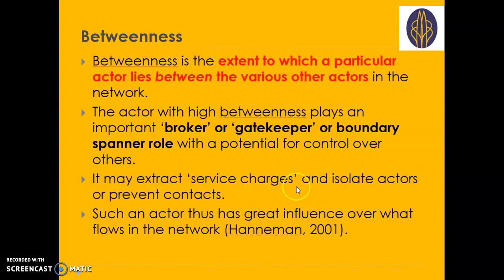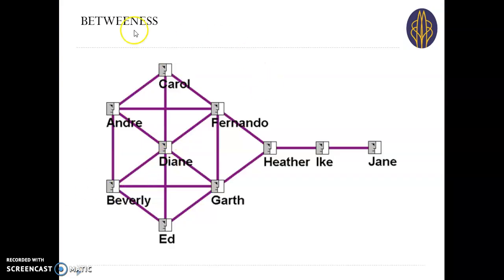This kind of person can control the network from coming into that group of people. They are the gatekeeper. If you don't become good and be friends with them, they might stop you from reaching that group of people. So let's take a look. This is another example of a social network map. In this case, the boundary spanner or the gatekeeper is Heather,